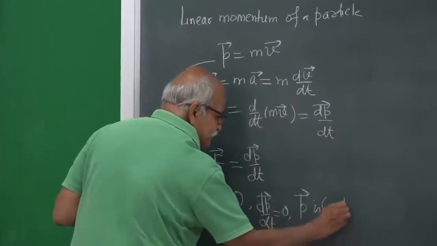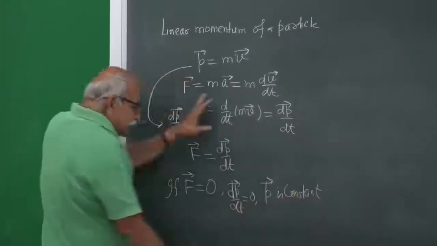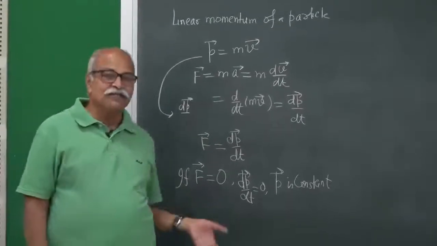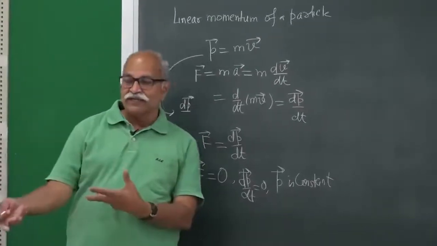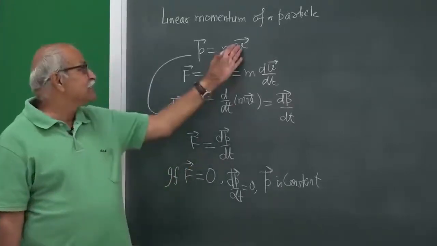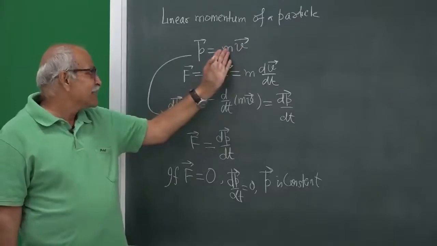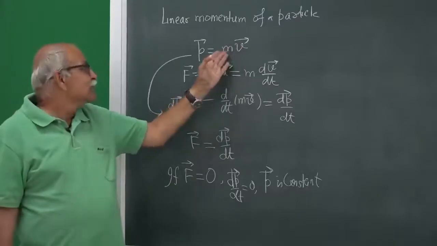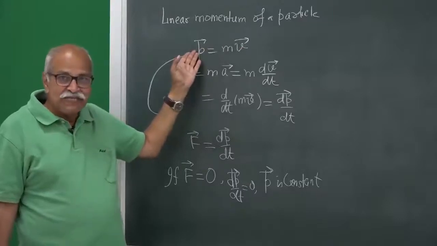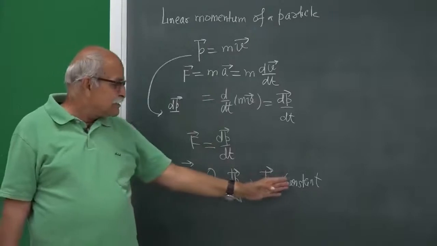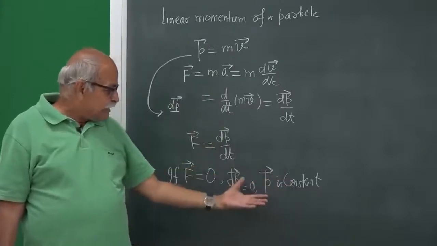Obvious, nothing to be derived mathematically. Obvious, if force is 0, there is no acceleration. If there is no acceleration, there is no change in velocity, and mass, in Newtonian mechanics, we take as constant for the particle, so no change in P. So, P is constant. If the force is 0, then linear momentum is constant, and we will see that